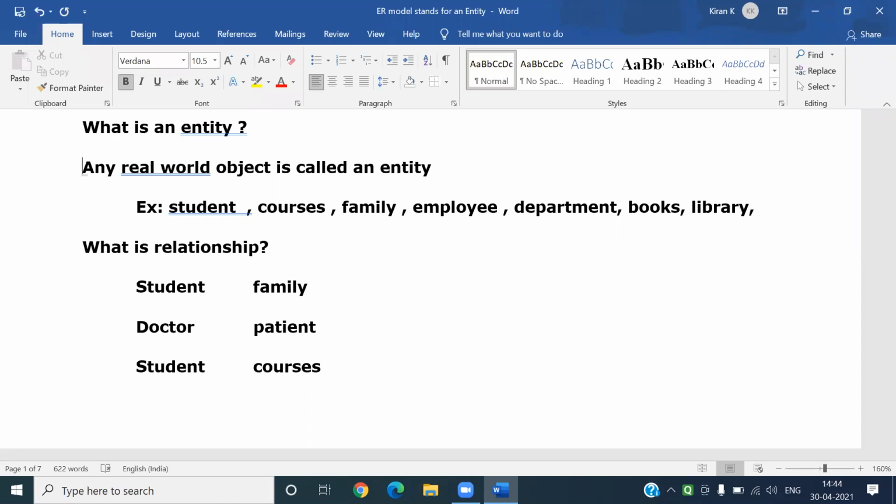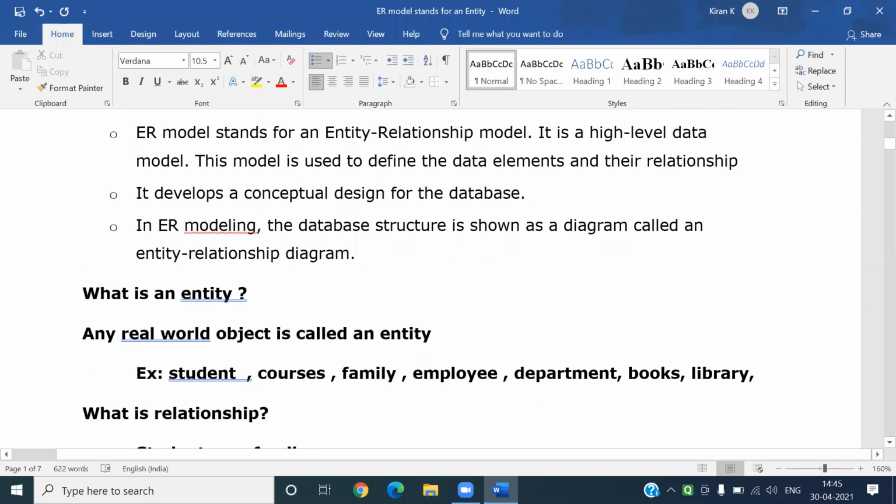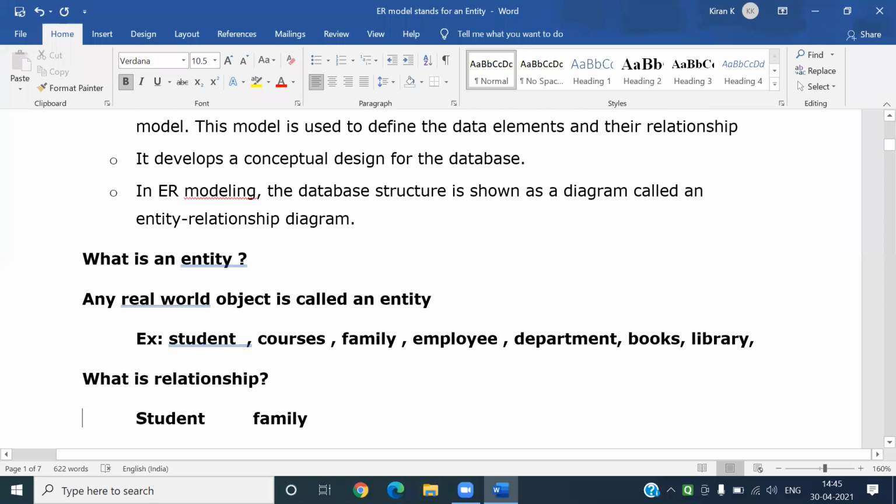Again, let me discuss. What do you mean by entity relationship diagram? Entity means a real world object. Any real world object is called an entity. A student is called an entity. Course is called an entity. Family is called an entity.